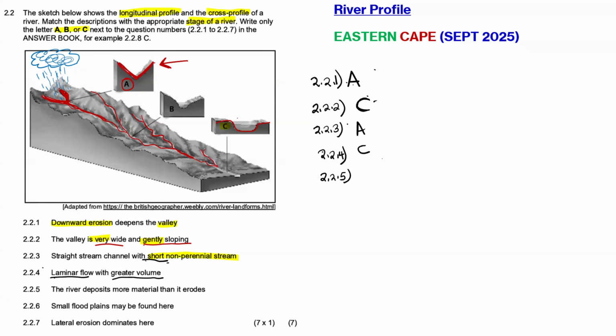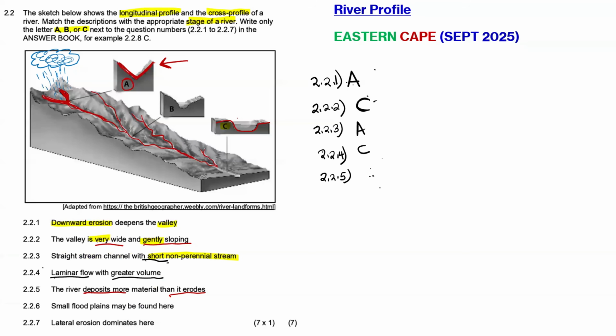2.2.5, the river deposits more material than it erodes. Okay, which one is that one? The river deposits more. So it deposits more material than it erodes. So there is more deposition, C. Yes, still C, right? Do you all agree with that? Is it still C? Yes, sir. Yes, it is still C, guys, because remember,